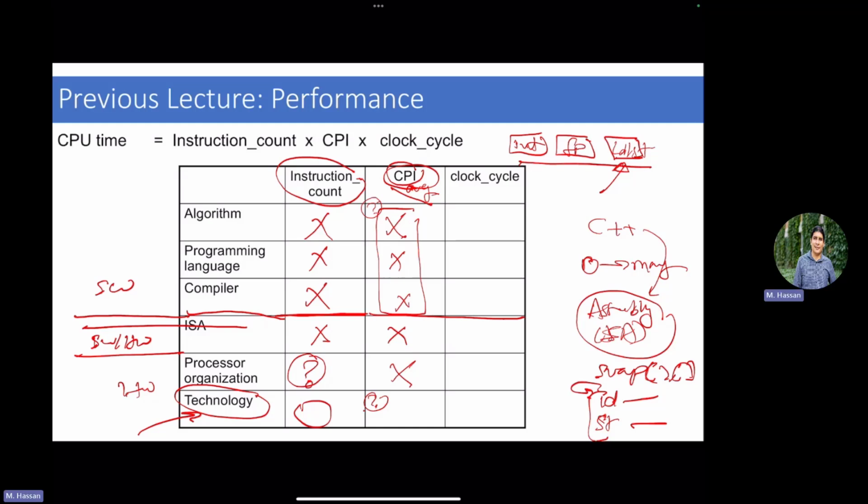Well, it does, clearly, right? Maybe now it's not very clear in your mind. After we finish the pipelining series of lectures, you'll see clearly that it impacts your frequency. How do you architect your machine? It defines how many operations, how much effort you do in a single cycle. And if you are not able to finish within a certain cycle, you have to either add a pipeline stage or increase your